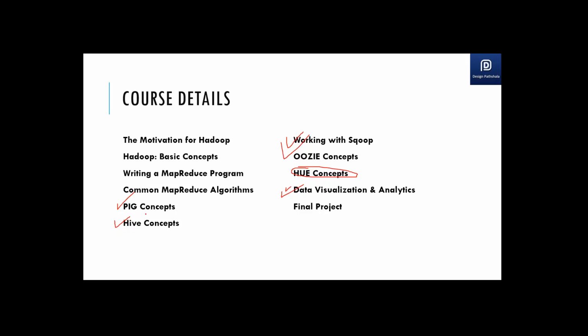You can use totally Pig to do that. You can use only Hive. You can write it all in MapReduce also. You have to think of what is the best thing you can use. That will make you think and revise the whole thing we discussed in the whole session. So you will be given it at the end.